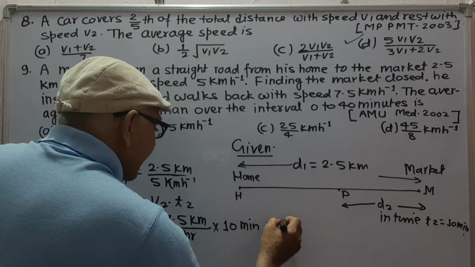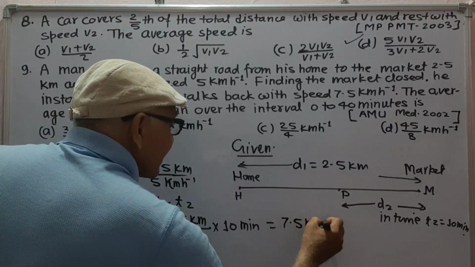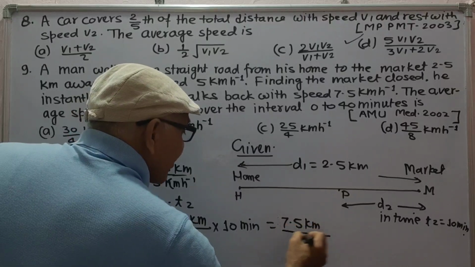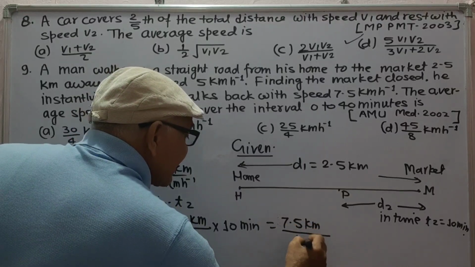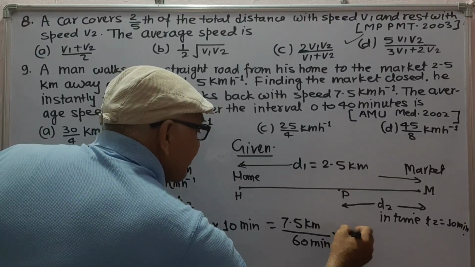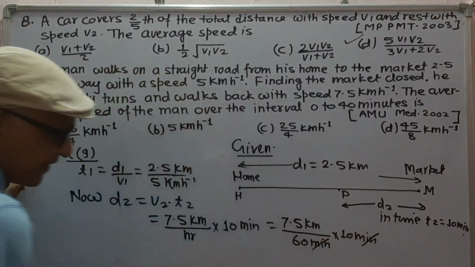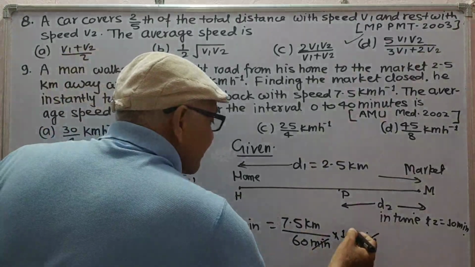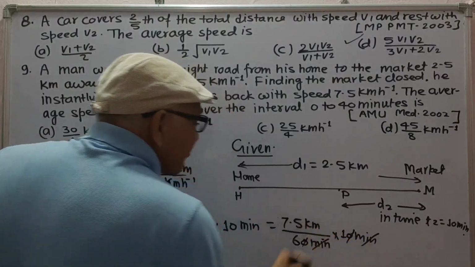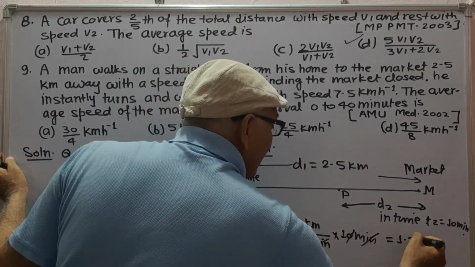So it can be written as 7.5 km per hour, hour can be replaced by 60 minutes, into 10 minutes. Minute gets cancelled and we get 7.5 upon 6, which gives 1.25